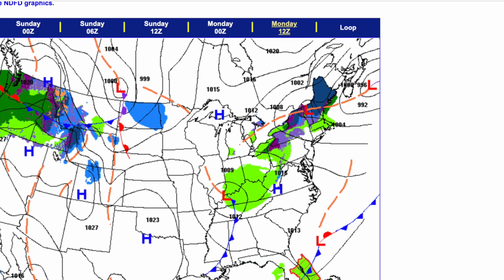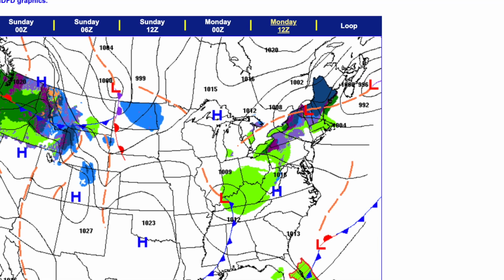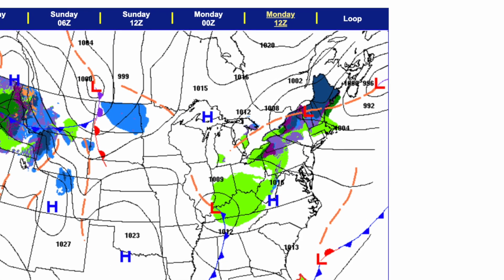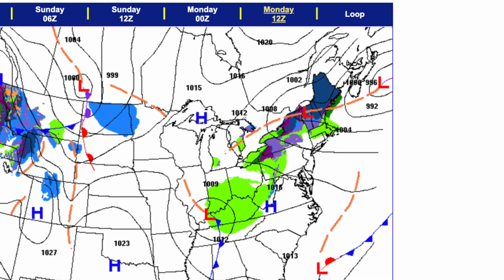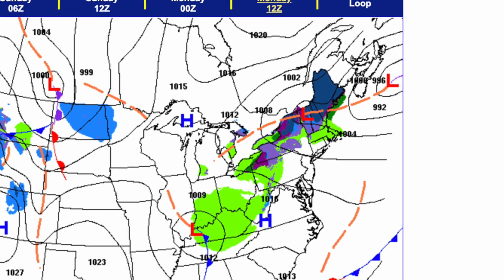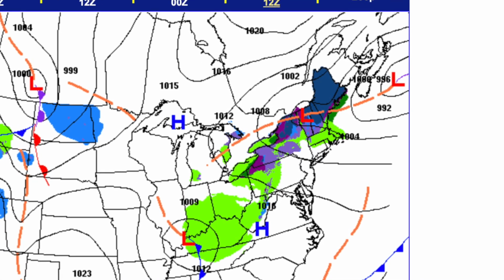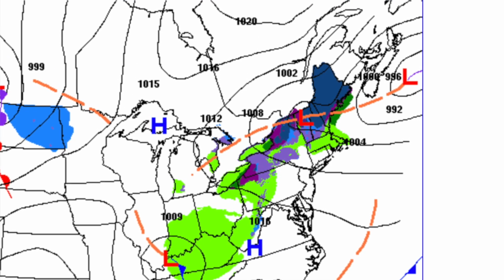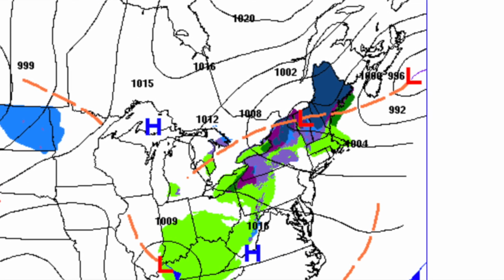See where that L is way up there? We just saw that on the NAM too, with the low near Burlington, Vermont, and then that orange line out to another low near Nova Scotia. I believe that boundary is too far north. I think that low is not going to make it that far north. So I believe that more of New England may be in the precipitation and on the colder side here on